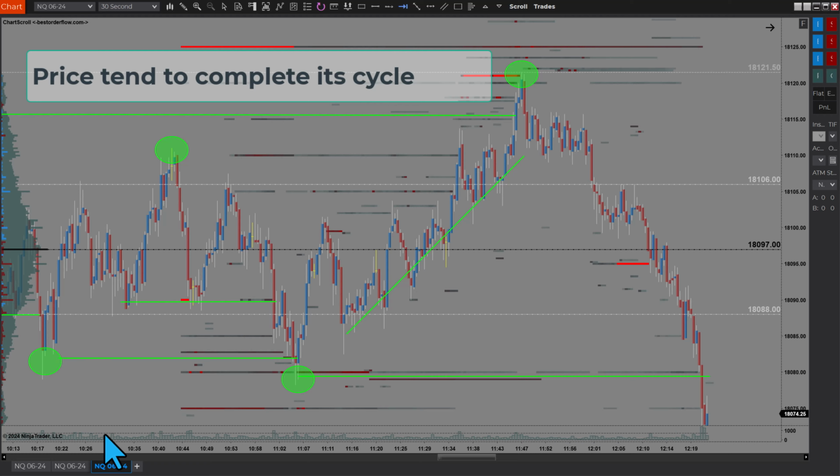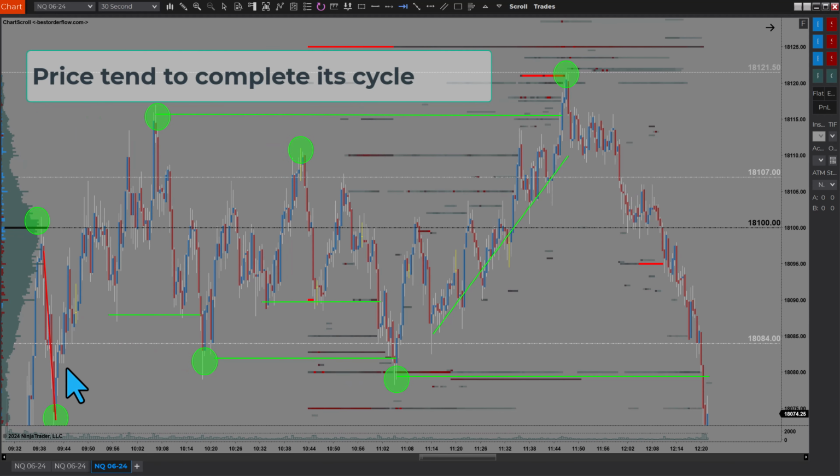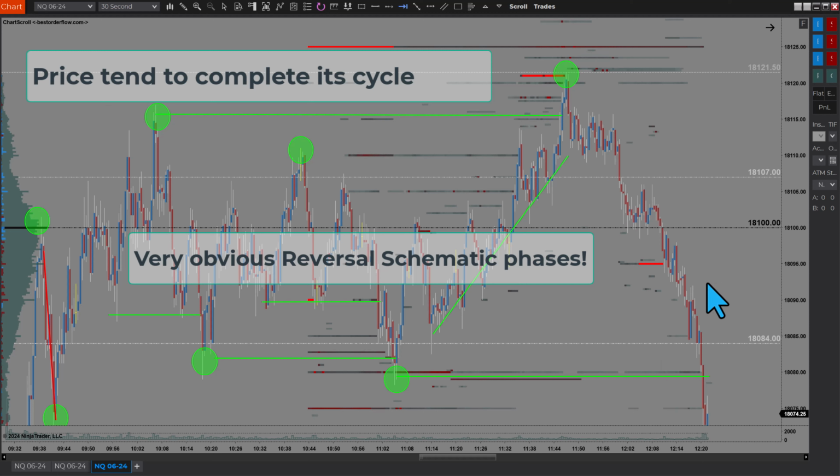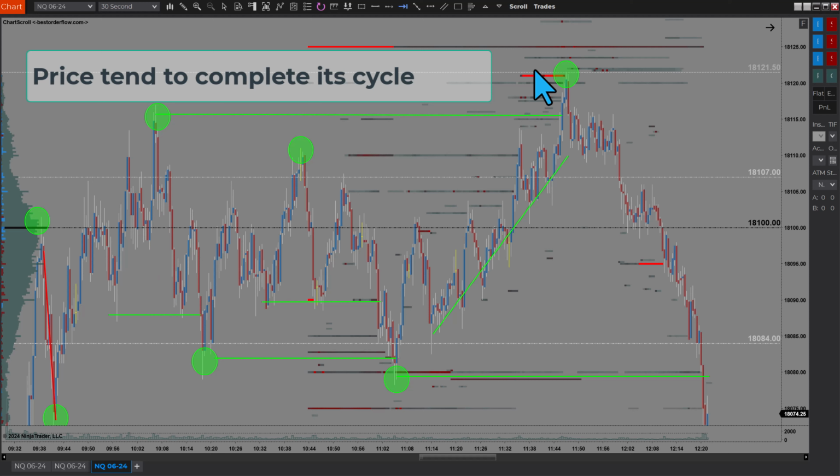If we believe in structure only, then we will wonder why the structure is going up, then starts going down over here, then immediately goes up significantly. So we change our mind: the trend is going up now. But if we don't understand the reversal schematic and all phases of this reversal schematic present on this very chart, you can mark phase 1, phase 2, phase 3, and this is phase 4. Now, when the price achieved its goal over here, it completed this life cycle, the price cycle, and there's nothing to do over here. When price has completed the cycle, what price tried to achieve,